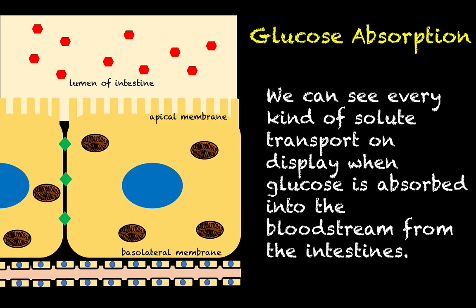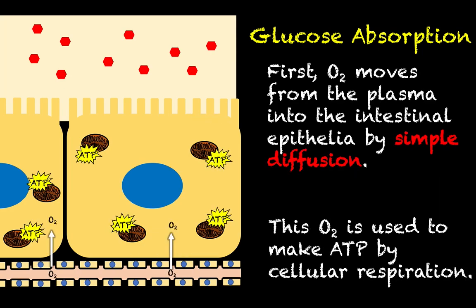However, the glucose in the lumen of the intestine is not going to do us any good. We need to absorb it into the bloodstream. So in order for that to happen, the glucose needs to move across these epithelial cells here by membrane transport. So like I said, we're going to have to use just about every kind of membrane transport in order to get that done. So the first thing that's going to happen is that oxygen moves from the blood plasma into